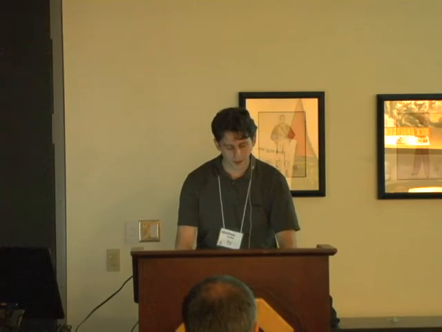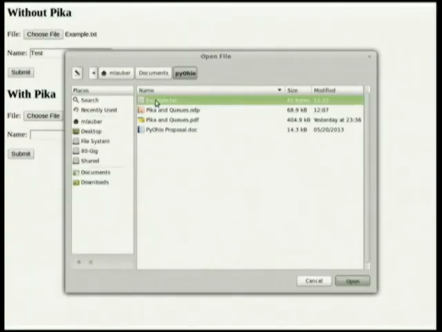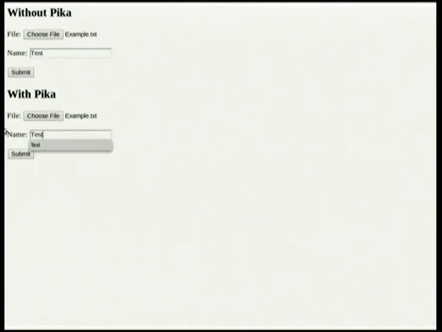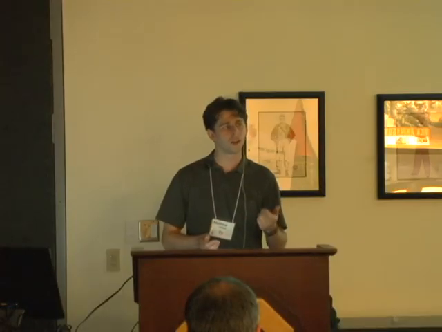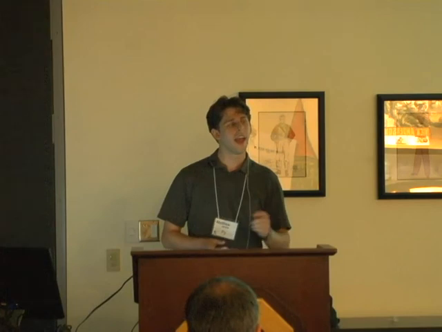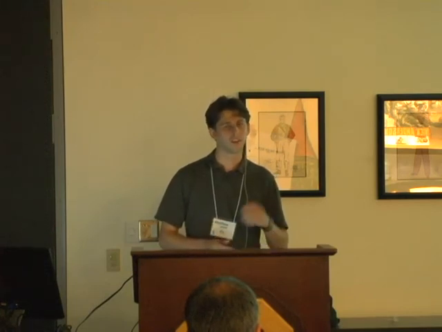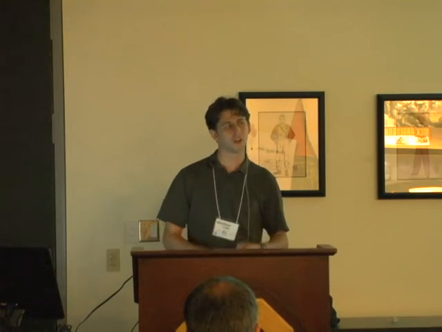So flipping back over to my example, we'll choose a file, same file, whatever, give it the same name, and submit. It comes back immediately, no waiting for the server to respond, no long-running processing being done in the background, immediate response. This improves the user interface, improves user experience, helps to keep the server up and running quickly, and allows that server to process more requests faster. Because every time you have to hold a thread open, that's one more thread that your Apache server or whatever server you're using has to have running in order to handle the same number of requests. The less time you spend on each of those worker threads in Apache, the more requests you can respond to